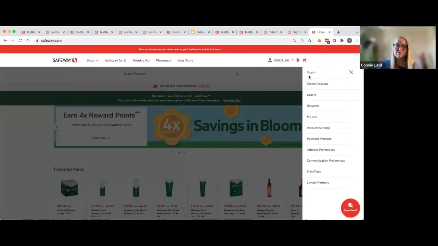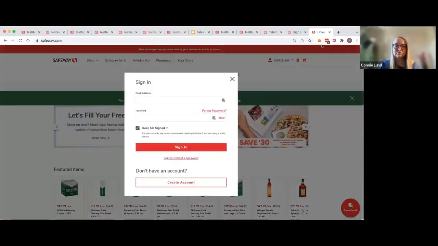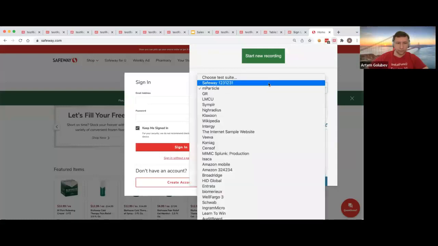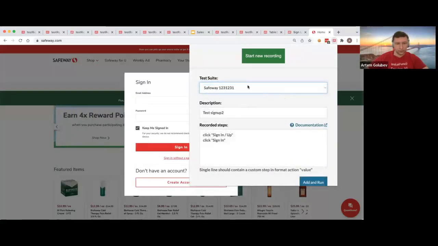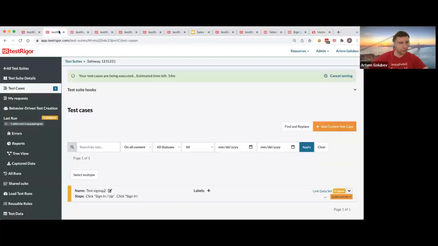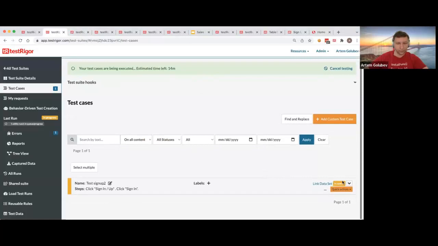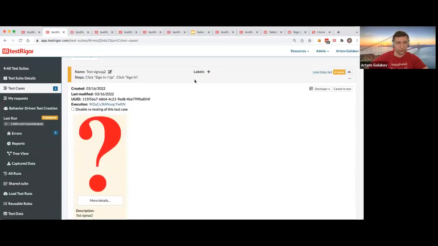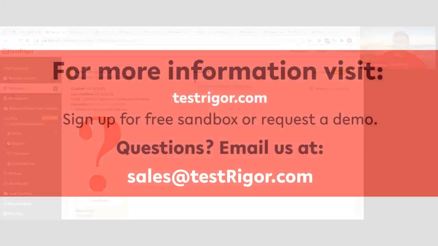Like by recording the stuff. Let's click add and run, go back. This is our test case. And that's it. Then you can basically modify it and extract. You can do it post factum, extract rules and stuff like that. We'll probably talk about it in next